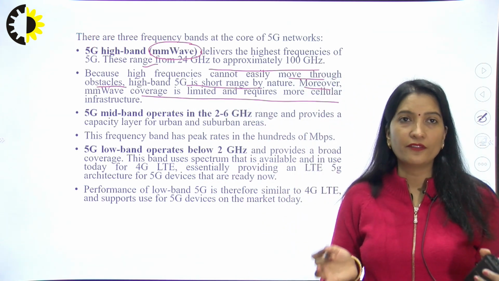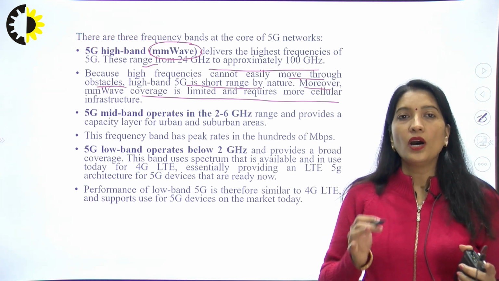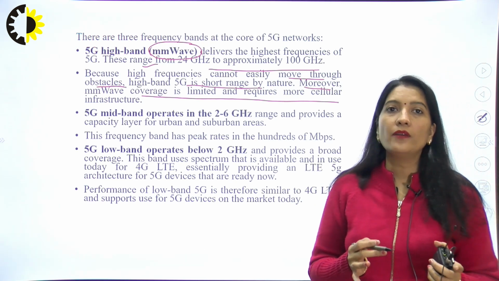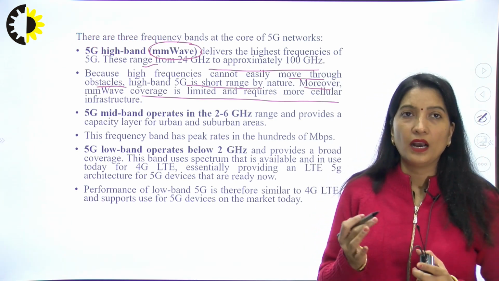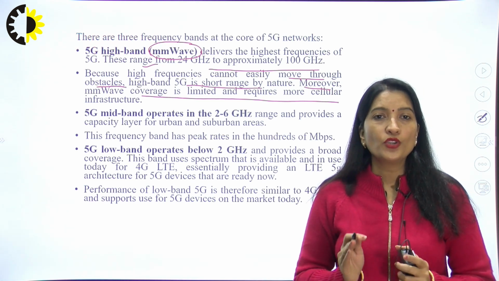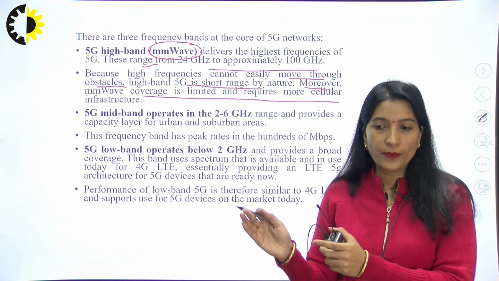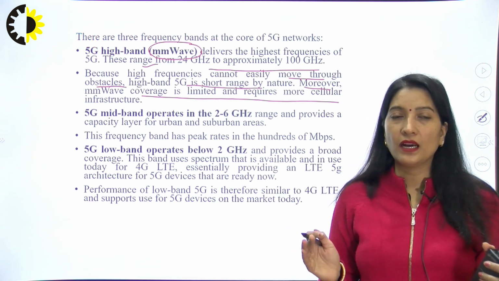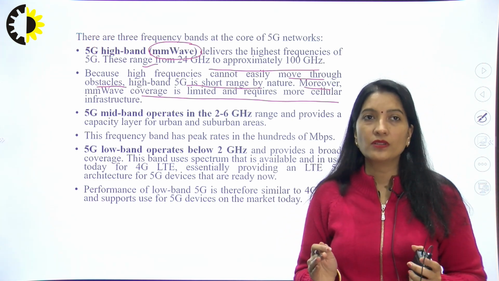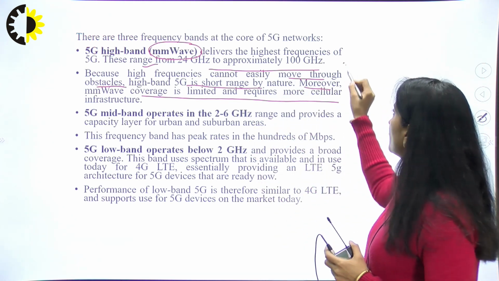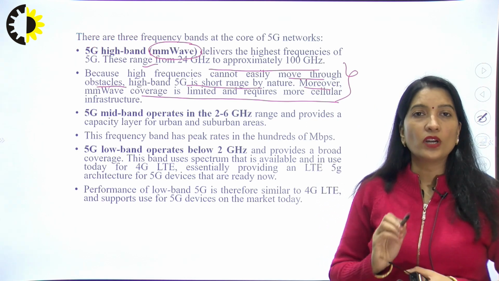Because as of now we are in fourth generation, our base stations are made as per that requirement, with very high and large antennas. But if we are moving towards this fifth generation high band millimeter wave, we need to replace all those high antennas and high base stations with smaller base stations because of this challenge. And what is that challenge?